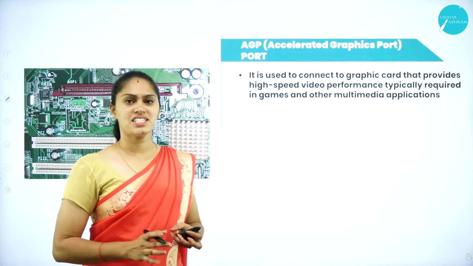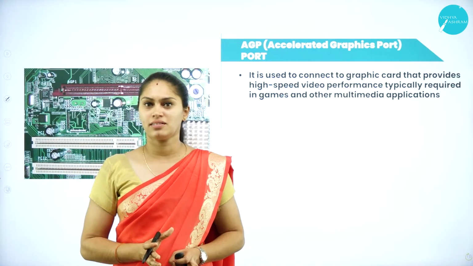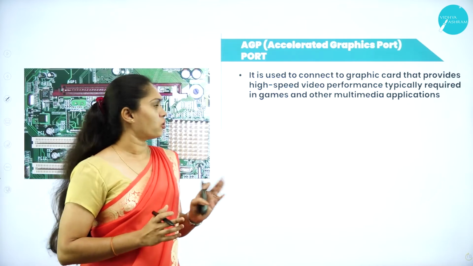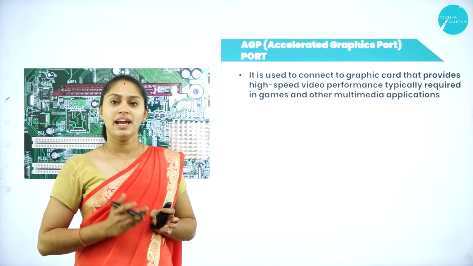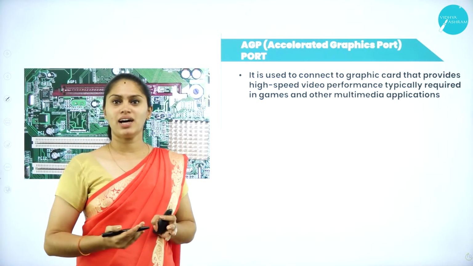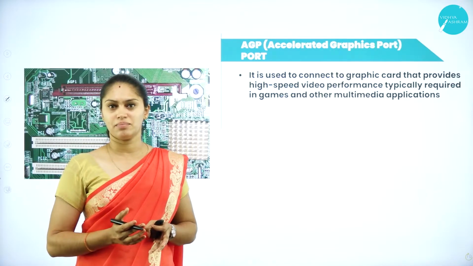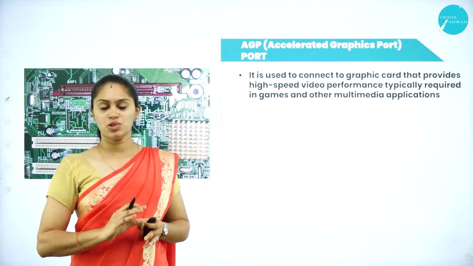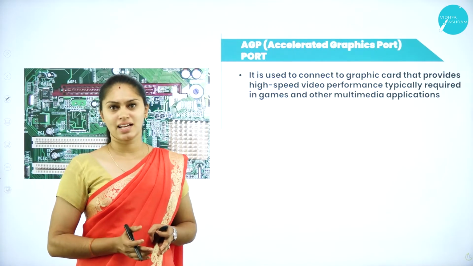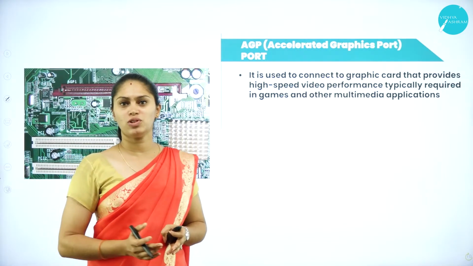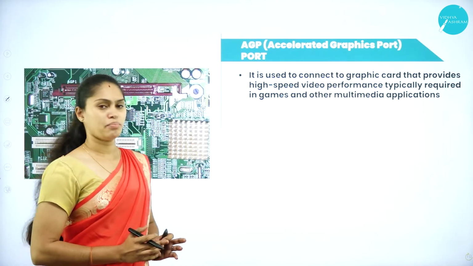So coming to the AGP port, already we had a discussion regarding the AGP slot, accelerated graphic port. Here AGP is nothing but what? Accelerated Graphic Port. It is mainly to improve the video quality and performance of a system. Okay, which is mainly used for gaming purposes, virtual reality or 3D accelerators. In order to improve that performance, we have a port called the AGP port.